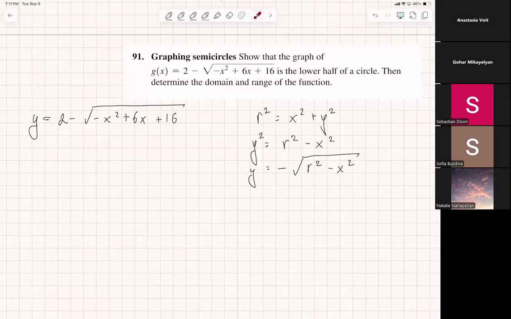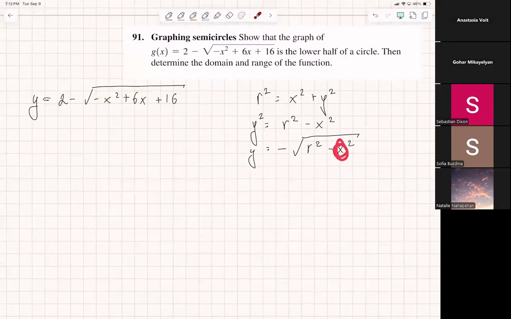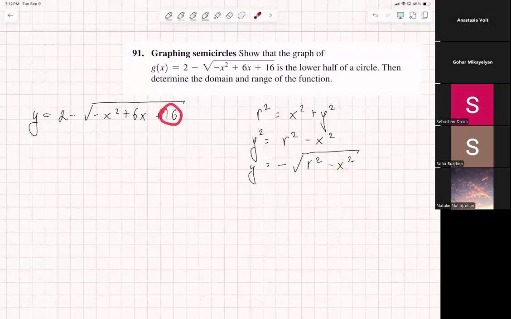Okay, so we want to bring our equation or function to resemble this form, right? So first of all, what we can do here is we see that we have this kind of a parabola hidden here or something with a square, right? So what if we just try to complete the square with this, and maybe we can see that there is some shift with x going on, and this 16 is a part of our radius, right? So let me rewrite that as